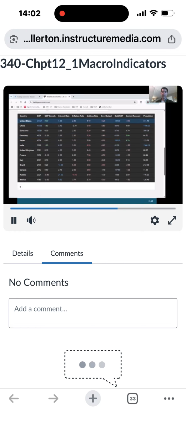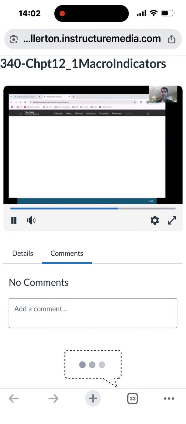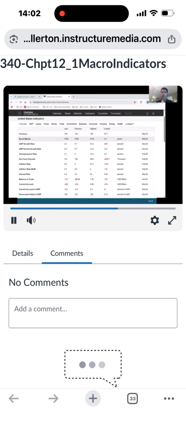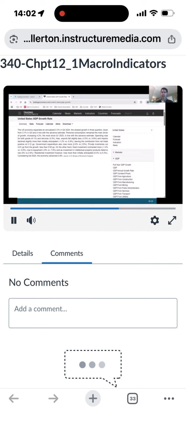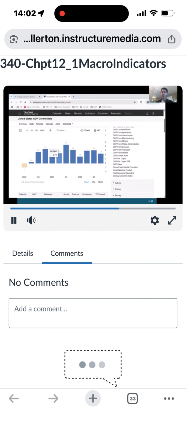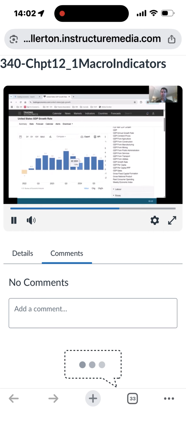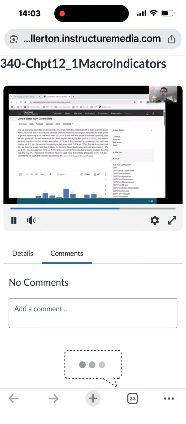If you want to dig deeper, you can click on these, right, and it's going to show you some more numbers, currency, stock market, GDP growth, a bunch of other things, and you can dig into these even further. Here, I just clicked on another one, and you can get some plots of how it's been doing over time. So this is a nice website. If you like these indicators, go to tradingeconomics.com, and you can take a little bit of a deeper dive into them.